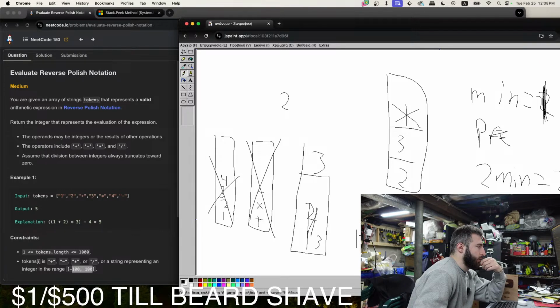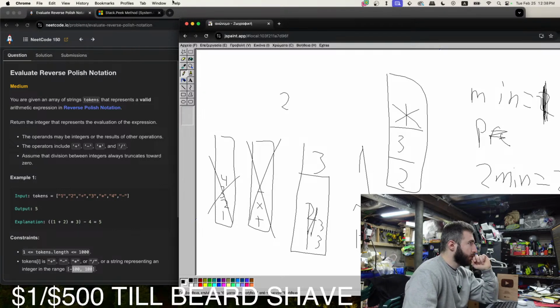And then we come across another 3, so we put that in the stack as well. All right, we come across a multiplication operator. So we pop 2 elements from the stack. 3, 3. It's 9. Okay, we put that back in the stack. Then a 4. Okay, and then we come across this 9 minus 4. Okay, cool.